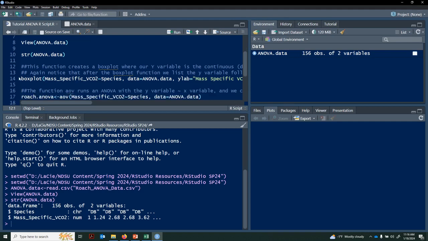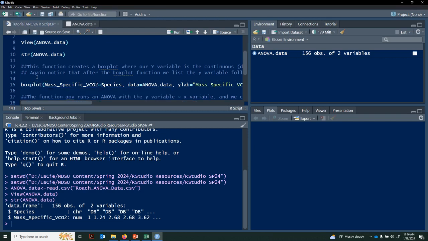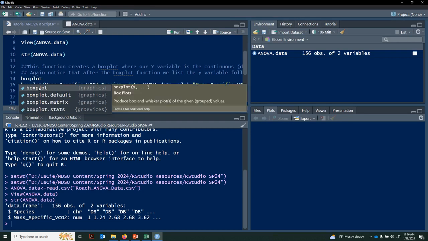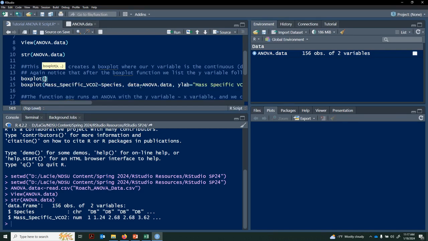Now what I want to do is plot my data. I'm going to use the function boxplot. Okay, so notice how RStudio wants to help me out here. There are 2 ways to start this out. So notice now when RStudio brings it up, it has the parentheses, it's got the X. So I can list the X variable and then the comma, the Y variable, right? So if I did this, I would do, and then say